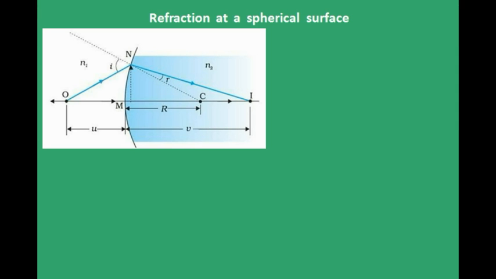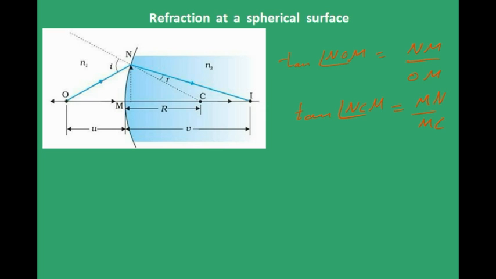From the figure, the light ray goes and bends, right? And this is the refraction taking place at a spherical surface. Let us try to formulate this. Now, consider triangle ONM. From that, what can you say? Tan of angle NOM will be equal to NM by OM from this triangle ONM, and tan of angle NCM will be equal to MN by MC from the triangle NCM, where C is the center of that spherical surface,